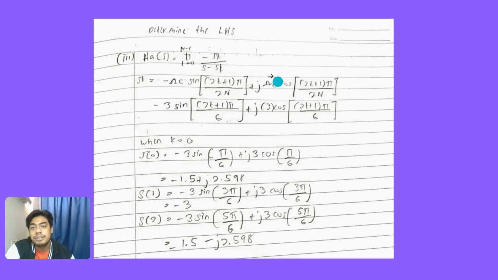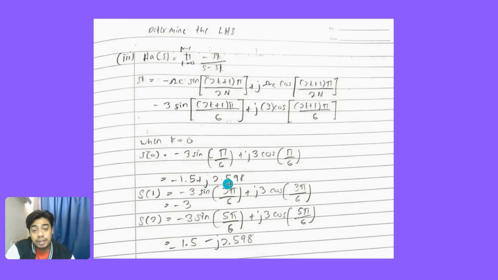Using this method to evaluate for k 0, 1, and 2, for k 0 we get minus 3 sine of pi over 6 plus j 3 cos of pi over 6, and we get the final answer negative 1.5 plus